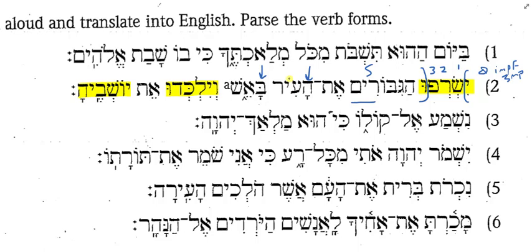With or by. And that's going to be my translation value here. They're not going to burn the city inside the fire, right? They're going to burn it with fire. So that's the idea. So the warriors will burn the city with fire. Then I have v'yilkadu. I have the same conjugation pattern as I had with yisrafu.